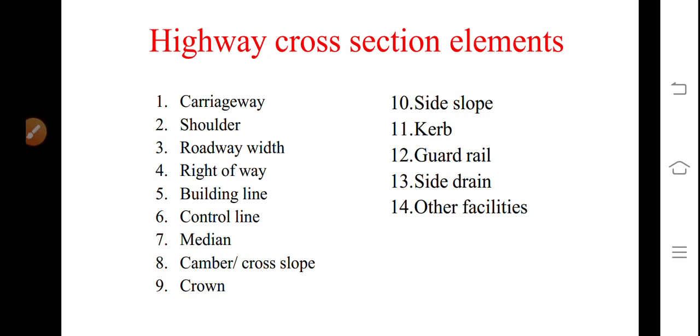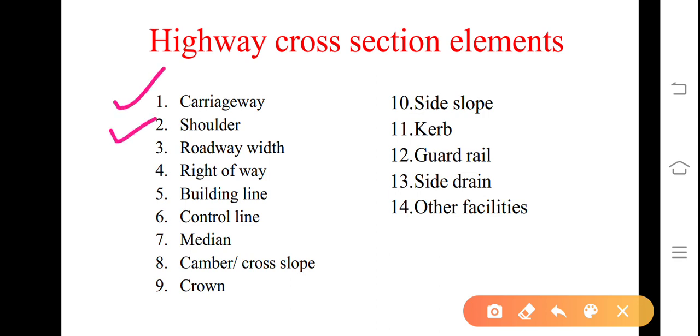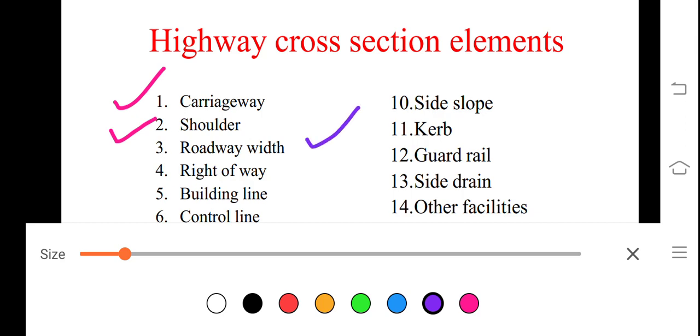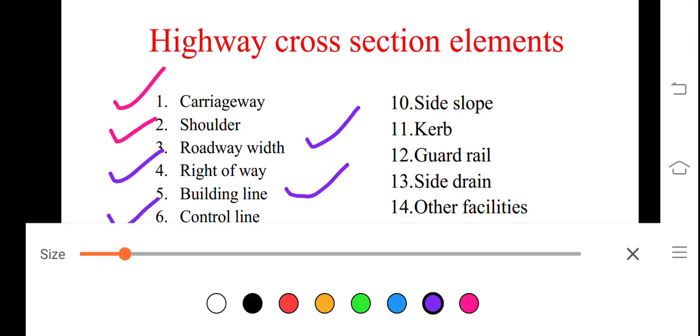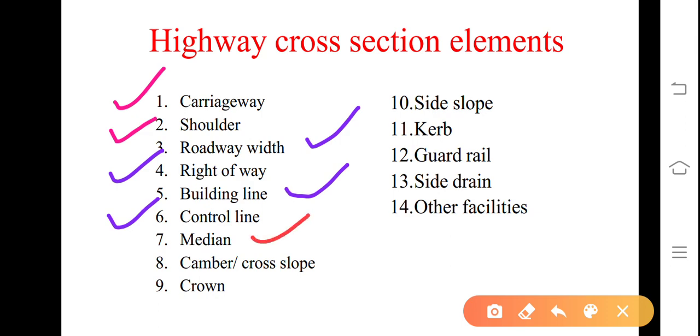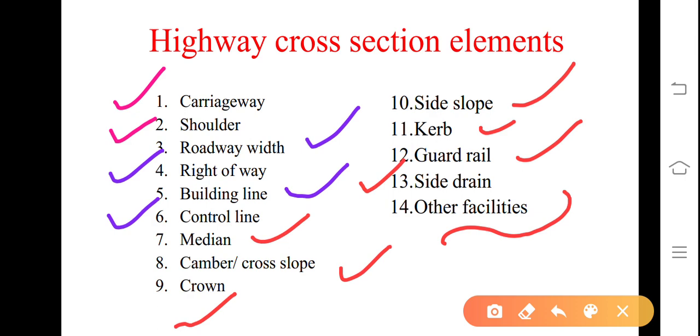Next, we will see various cross-sectional elements such as carriageway, shoulder, roadway width, right of way, building line, control line, median, that is separators, camber or cross slope, crown point at the center, side slope, kerb in order to provide the lateral stability, guardrail to safeguard the vehicles during night, especially on horizontal curves and at bridge sides, side drain to drain off the water, and other facilities which are required to be provided